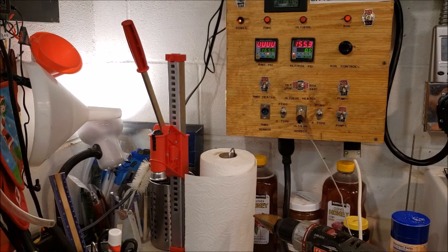You mash at anywhere between 148, 149, and 153 to 155. So I know if it's right at 155, that when I'm mashing, I'm going to have the correct temperature reading as I'm recirculating in my brew in a bag. So that's why I calibrate. So I know that